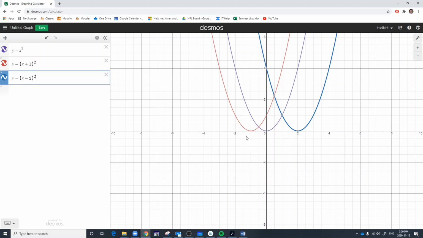Okay, it moved to the right. Why would that be? Well, this time you have to increase x by 2 so that when it gets decreased, you get the same value. So if we look at that from a table of values point of view,